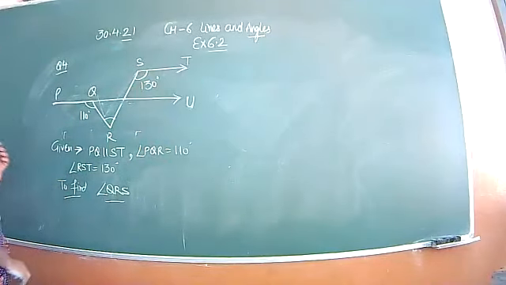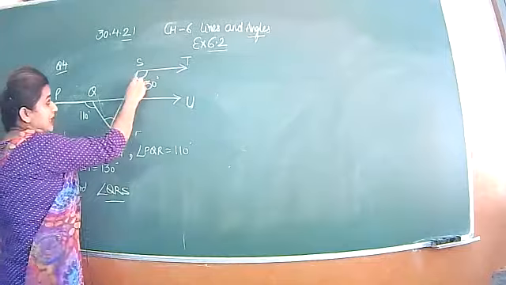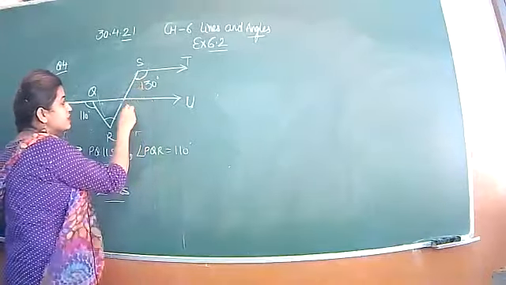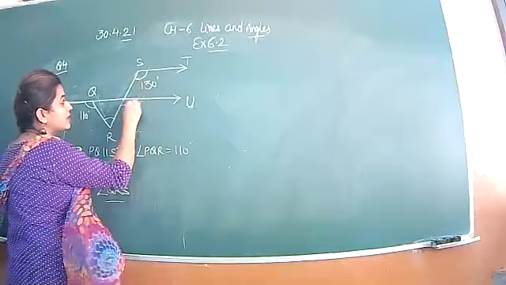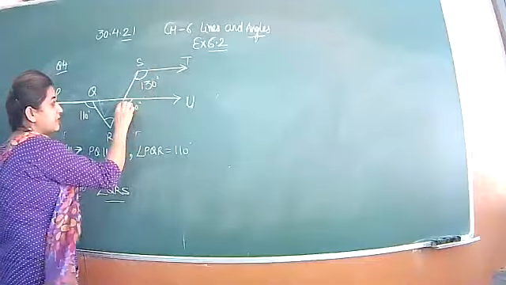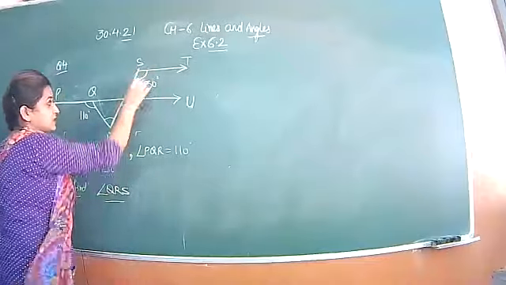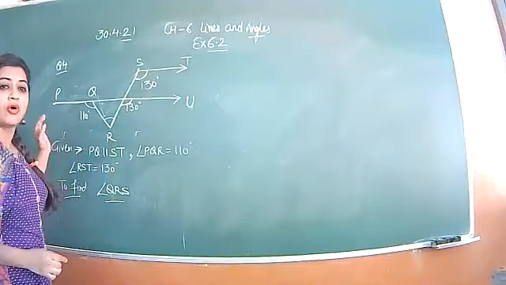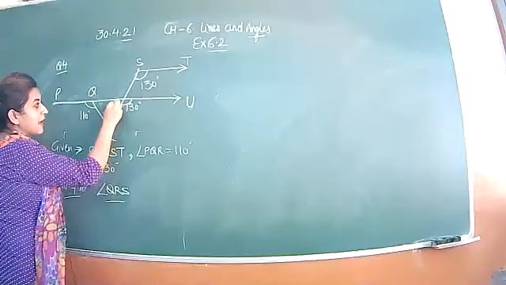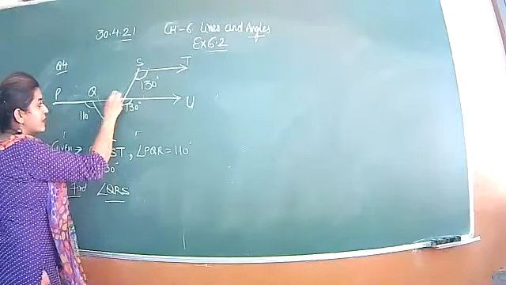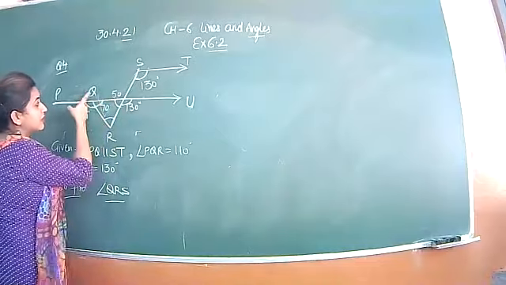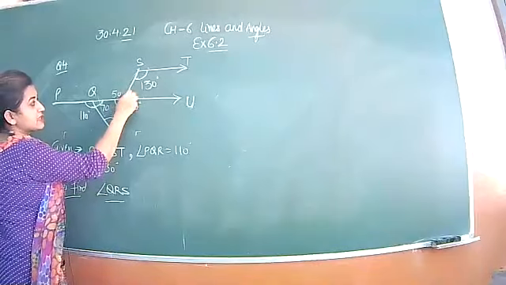Now as you can see, these lines are parallel by construction. So if this angle is 130, this angle is also 130, corresponding angle. This one is in the downward direction of the line, and this one is also in the downward direction, and what is this line? Transversal. So these two angles are equal, corresponding angle. So if this angle is 130, this angle by the linear pair will be 50, and by the linear pair this angle is 70. So we are getting a triangle QR. Name this as O.